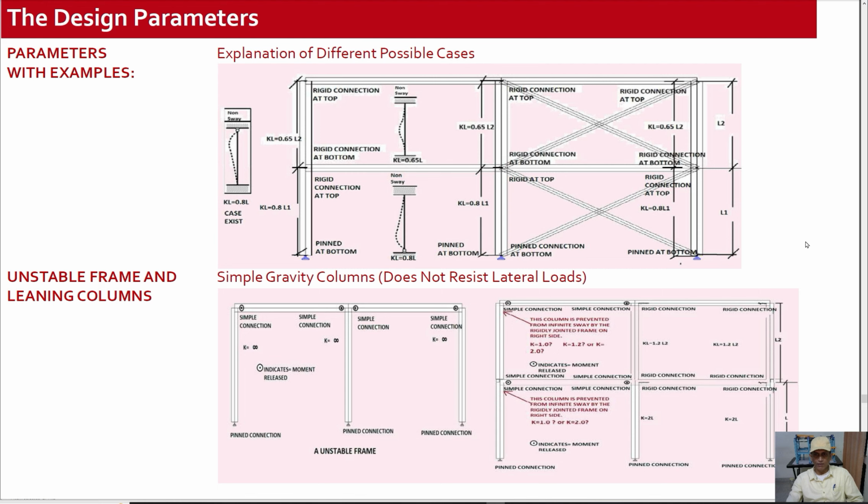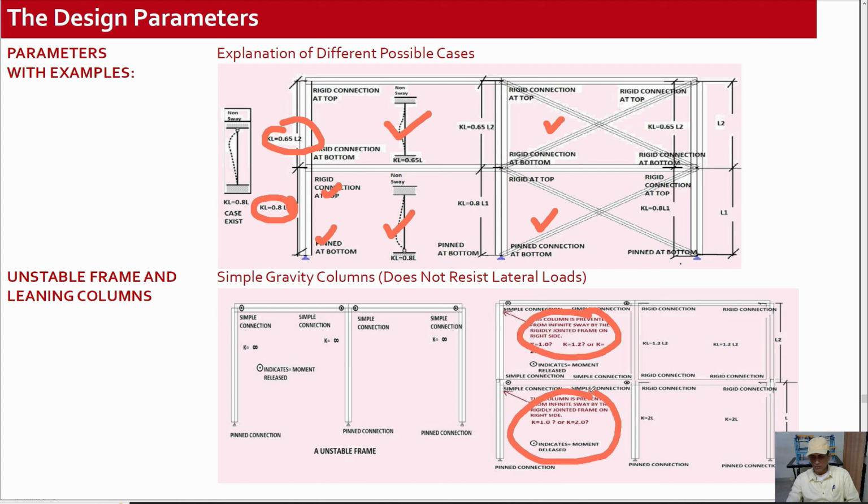See, these are the possible cases. KL is 0.65 L, 0.8 L, which is pinned at bottom. I have given which case exists here in this figure. This is available in my book as well. You can note it down from this figure as well. This is the unstable frame. But this is the case where I have talked about AISC provisions in my book. So for this column we can take K equal to 1,